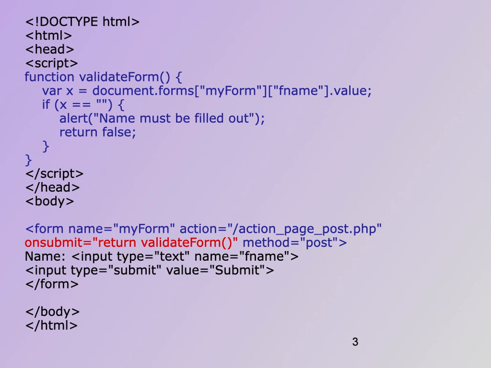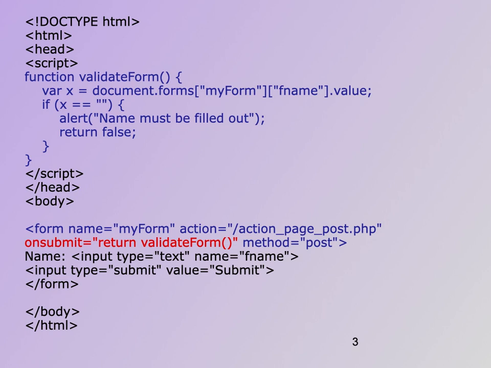After that a label is there. We can include this name in a label tag, but here it is specified without using the label tag, followed by an input type equal to text. A text field is specified and a name value is specified there. The name property is set to fname. So this is the fname control, or text box, or text field control from myForm. So document.forms["myForm"]["fname"].value will return the value from this particular text field.